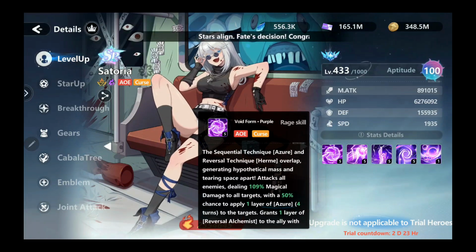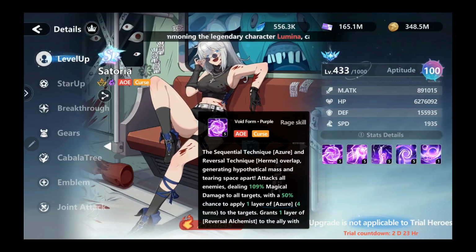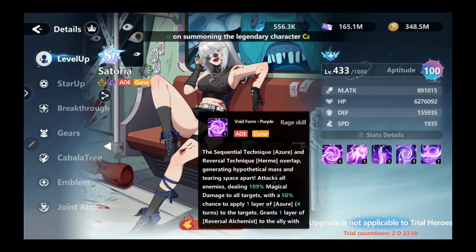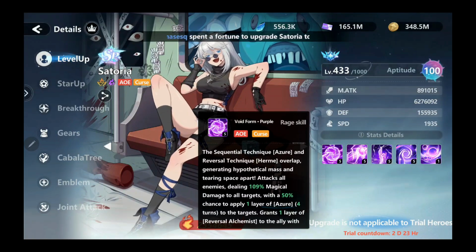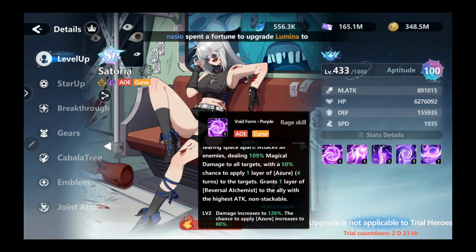First, for the rage skill, Void Form Purple, the sequential technique Azure and reversal technique Hermie overlap, generating hypothetical mass and tearing space apart. Attacks all enemies, dealing 109% magical damage to all targets, with a 50% chance to apply one layer of Azure for 4 turns to the targets. Grants one layer of Reversal Alchemist to the ally with the highest attack,